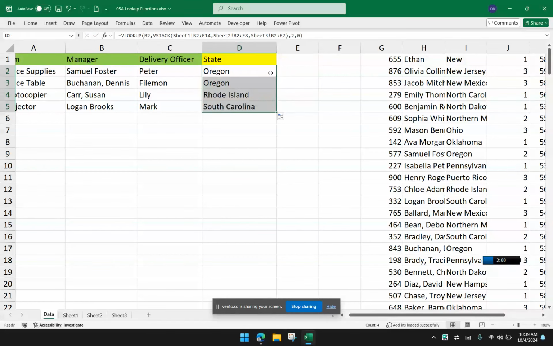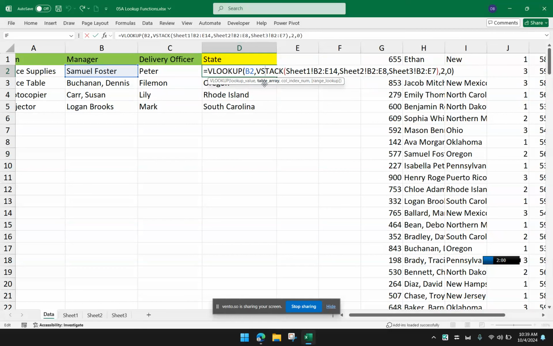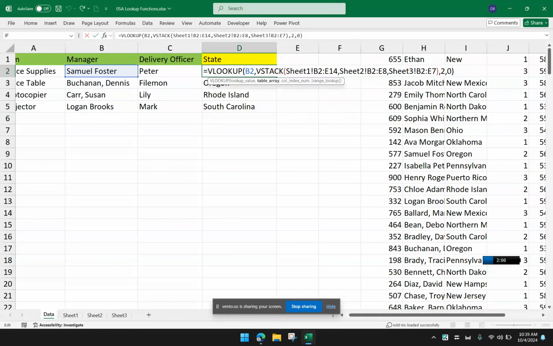I would double click that, but take note that when you double click, it's also possible that you would get the range of cells moving. Here I have B2 to E14 supposedly from B2, but remember when you double click a formula, it will move to the next cell. This is called the relative referencing capability of formulas. So if you're going to stick with this one, you have to make sure to make these cells absolute or locked, with dollar signs, so that they won't move.